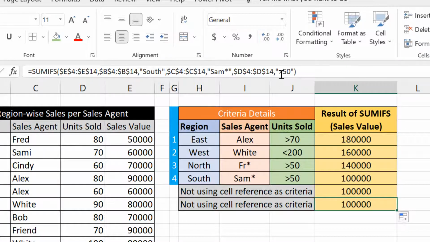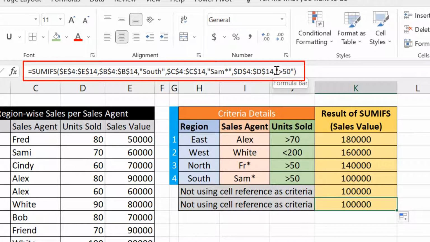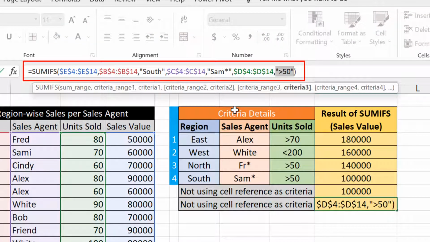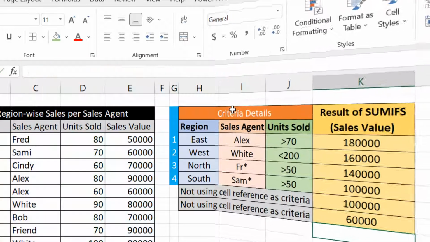Of course, if the criteria is numeric, then there is no need for entering that within double quotes. For example, if you want to enter 70, you just enter the numerical value there without using any quotes.